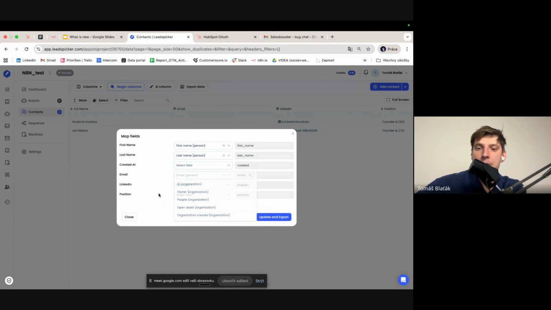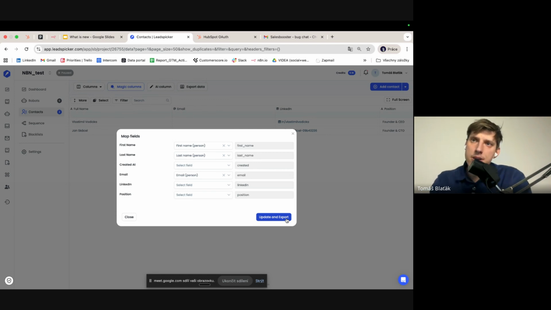And when I map them and click update and export, I push those contacts and organizations from the project to the CRM, and I can process them with some marketing tools or other campaigns that I will run directly from the CRM. So you can create contacts in Leadspicker, upload them to your HubSpot or Pipedrive campaigns, and use them as you want. This is usually popular for retargeting and so on